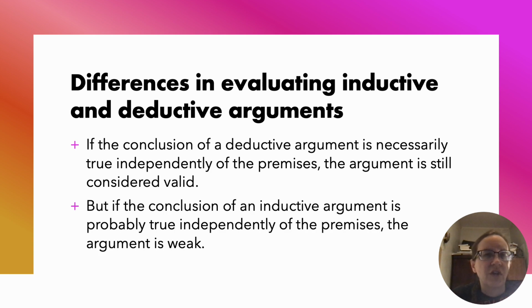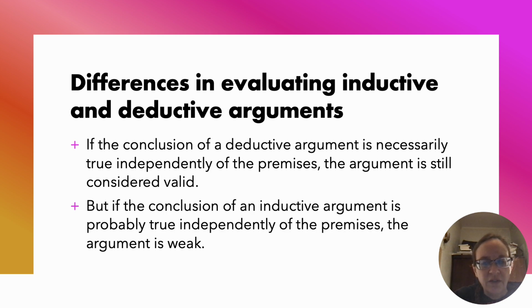What this is trying to say is that if you have a deductive argument that ends with a conclusion that's necessarily true no matter what is going on in the world, say you have a deductive argument where the conclusion is, I hate this example, but let's try it, a bachelor is an unmarried man. Then no matter what premises you put in front of that, the argument is still considered valid. This is very strange, and again, I wish he hadn't brought this in because I think it just confuses the issue, but it is true that